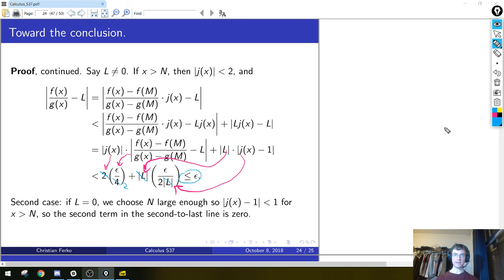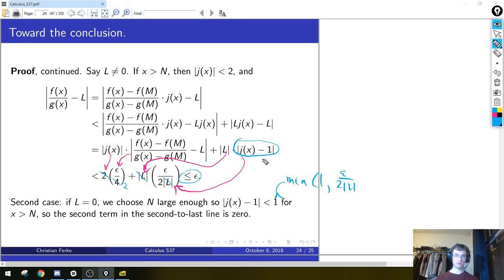One last niggling doubt. Some ugly dude could come along and say, well, what if the limit value L equals 0? Then your proof breaks, because you divided by 0 here. So then you go to hell. And then you say to the ugly dude, well, fine, I will handle that case separately. If L equals 0, you choose n large enough so that j is within distance 1 of 1. Remember before, instead of 1, we had the min of 1 and epsilon over twice the absolute value of L. So if L is 0, you say, fine, don't use the min, throw that away, just make it less than 1. And then the rest of the proof still goes through, because this thing